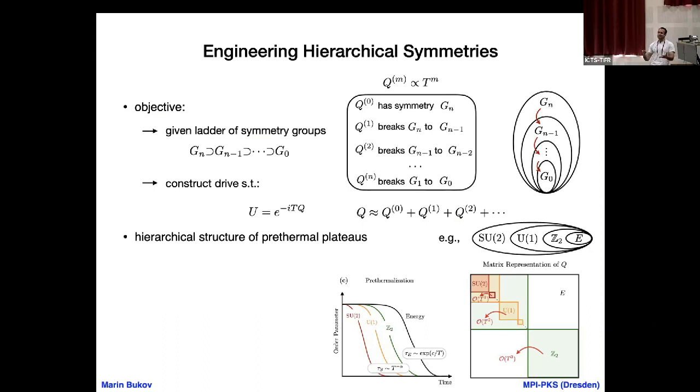And then, somewhere in the middle is the trivial group, which only consists of the identity element. So if you think of the matrix representation of this effective Hamiltonian in the eigenstates associated with the largest symmetry group, then you're going to have an SU2 block, then a number of U1 blocks, and then a Z2 block. And of course, because every subsequent order breaks the previous symmetry, you have couplings that connect the different blocks,